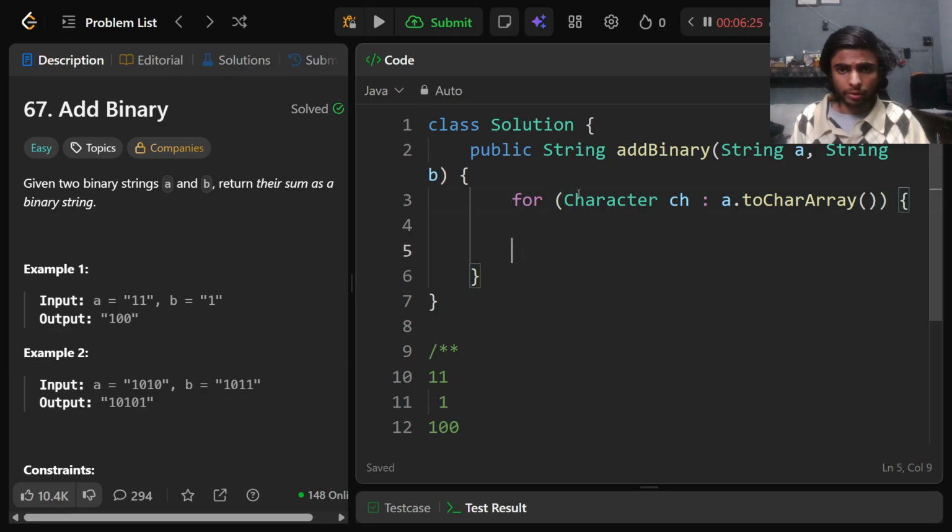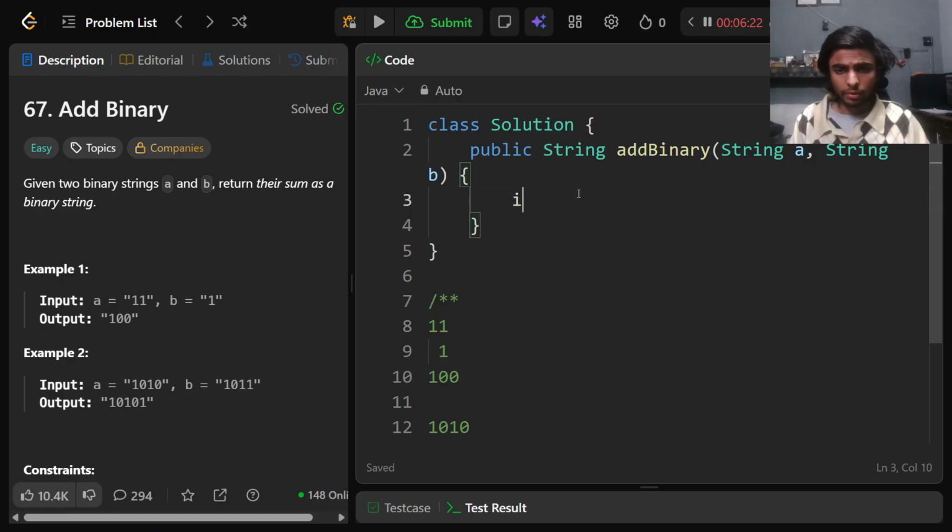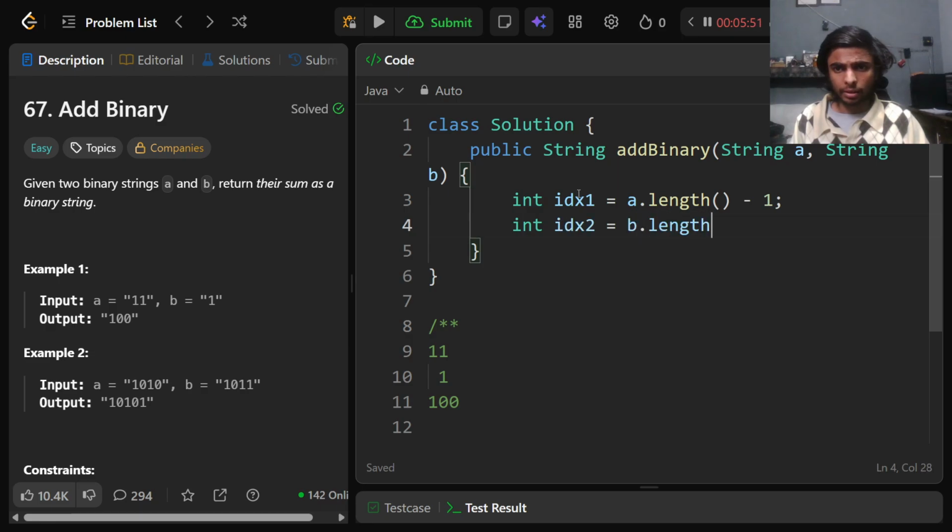Let's just have a pointer, an index. Index 1 is A's length minus 1, index 2 is B's length minus 1,